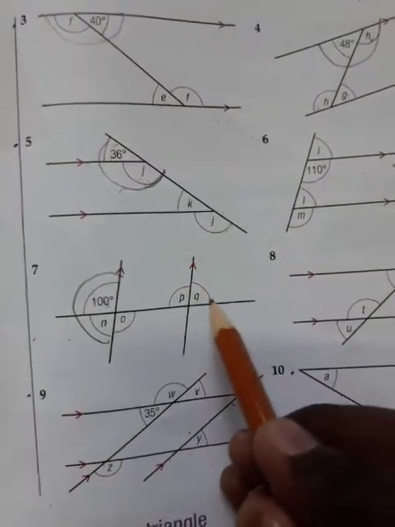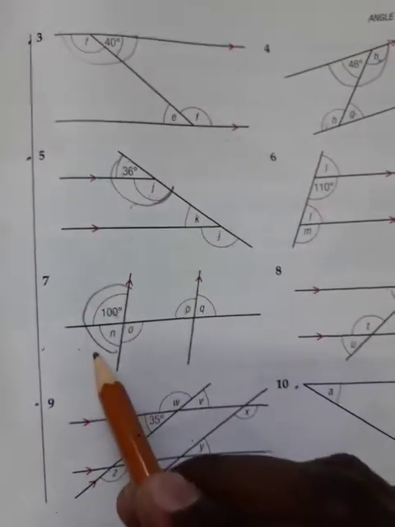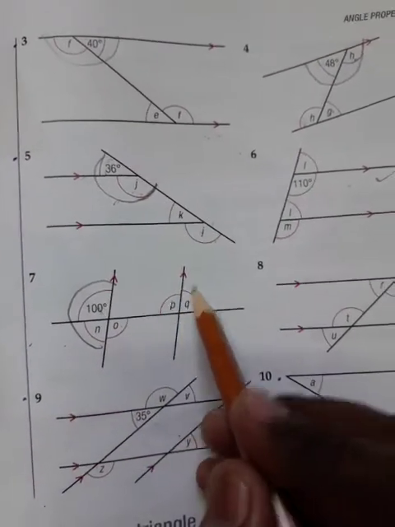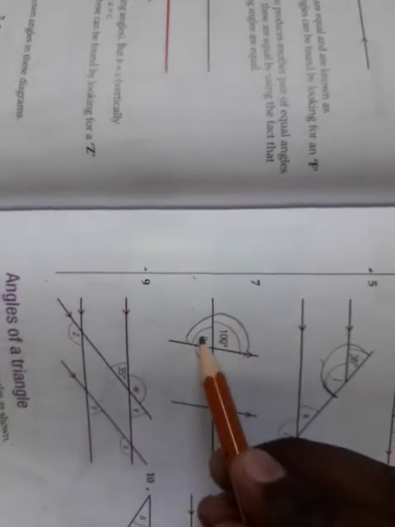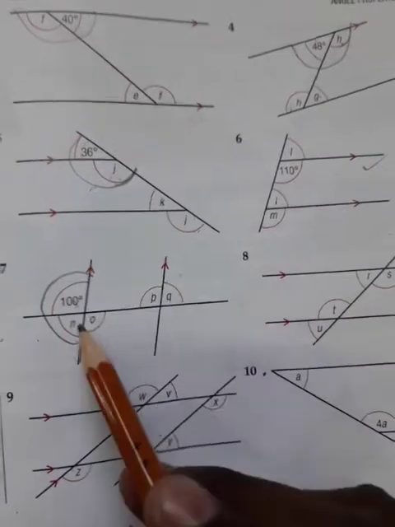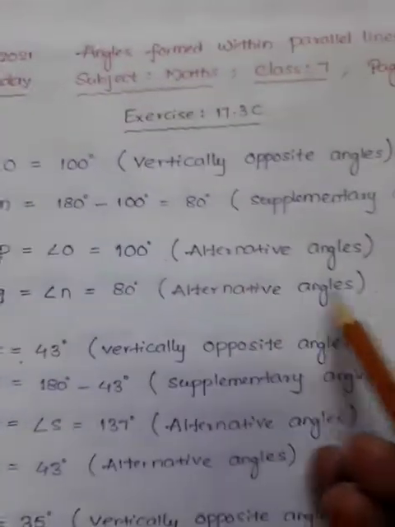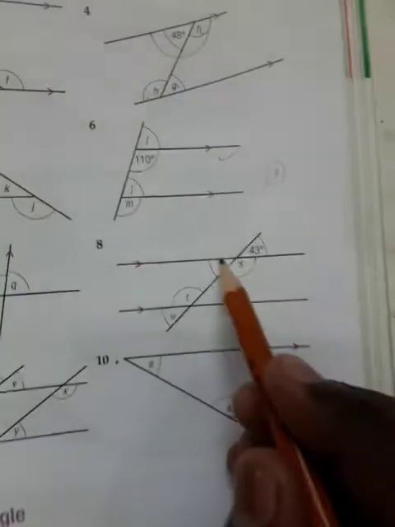Now Q, look at here. This is outside the parallel line and N is outside the parallel. Why? Because it is right side. If you check this way, if I turn it, Q is right side and N is left side. Both are outside the parallel line. That means Q equals N. I want to find the angle Q, so I compare with angle N. That means angle Q, like angle N, equals 80 degrees. That is alternate angles.